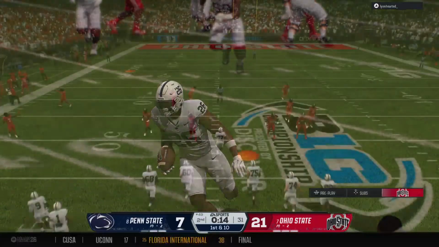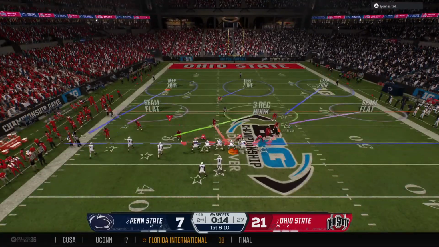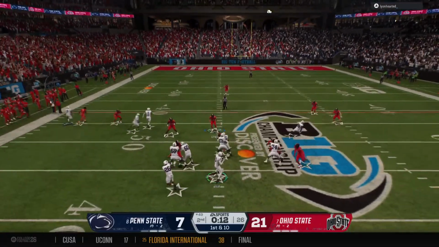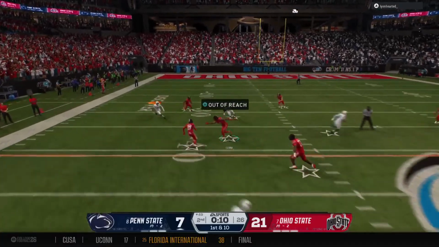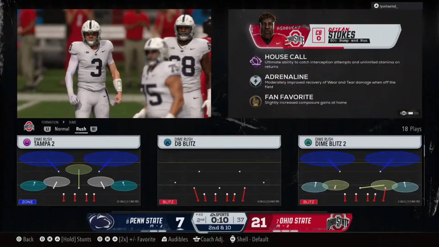I know it's still early in this game, but the fact that they've dug themselves a hole to convert there and keep this drive alive, they got a new set of downs and a chance to dig into this lead. And it's incomplete. Just 10 seconds remaining now.